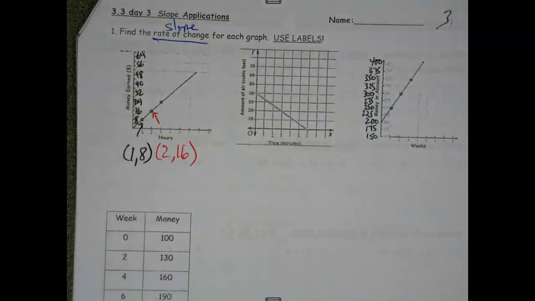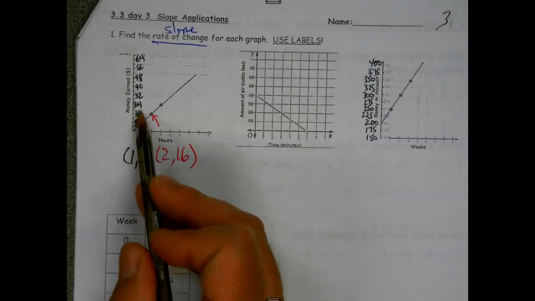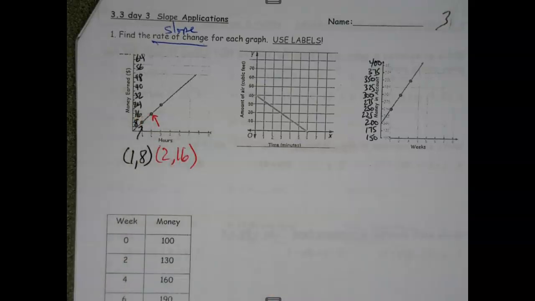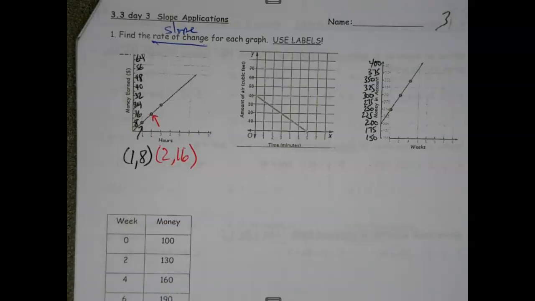I could use the slope formula. Since I have a graph, I could try to count how many up and over, but be careful because, again, it's not 1 every line that I'm doing. So I'd have to be a little more cautious if I wasn't just going to use the numbers in the slope formula. So I'd probably use my slope formula instead, just so I don't get sucked into thinking it's like, oh, it's up 1 and over 1. But it's not in this case. So that kind of puts us on